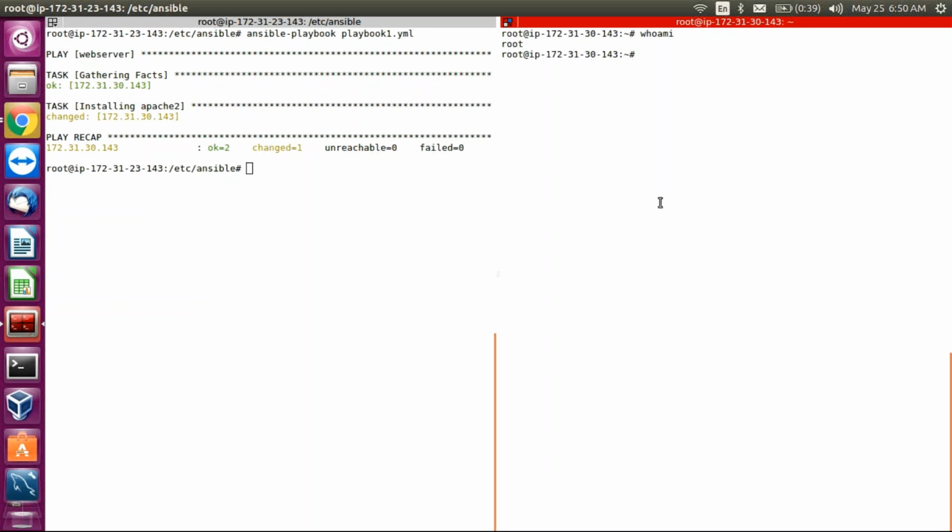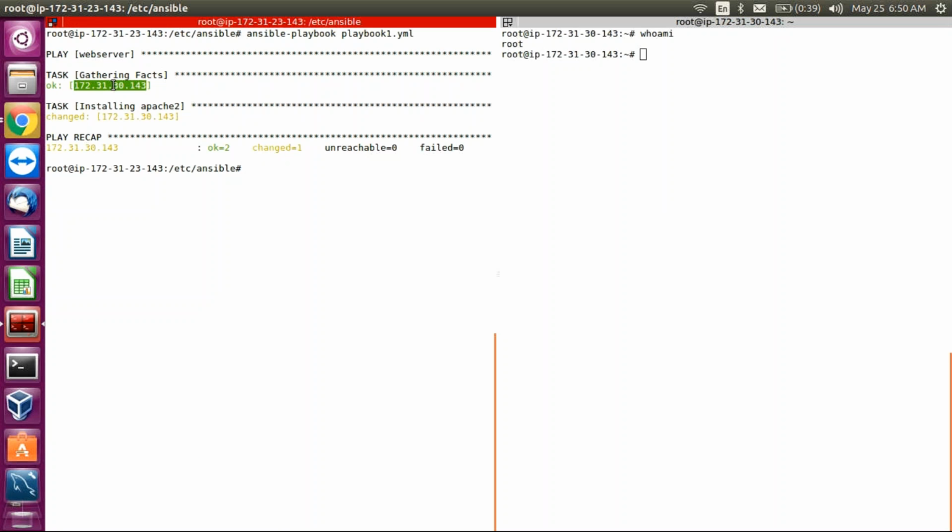Okay, so now you have to notice that whatever you see in green is no change. So whatever we need, it is there, so there is no change. Whatever you see in yellow, that means there is a change. Okay, here you see in the play recap, on server